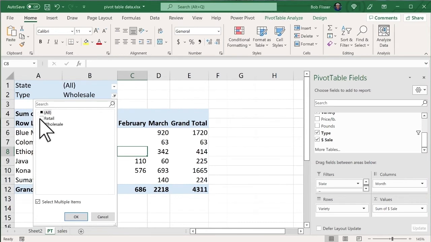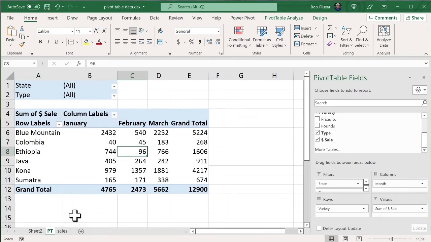Again, I can just go back in there and make sure that these are both selected. Let's do a little bit more pivoting, because we can make some subsets. For example, instead of having the months as column headers, maybe you want these months to be subsetted, indented, underneath each variety. So you could have Blue Mountain and January, February, March under it, Columbia, January, February, March under it,